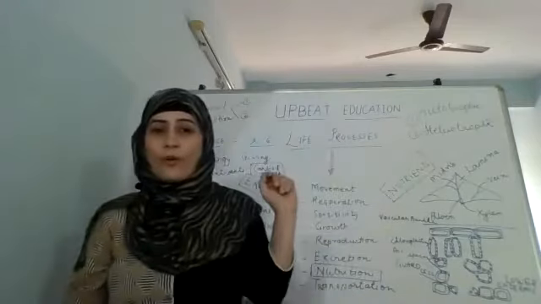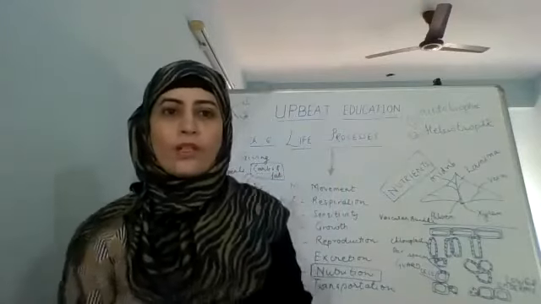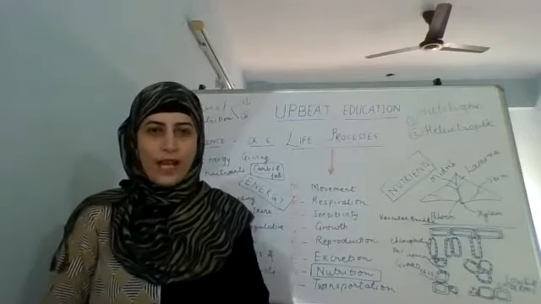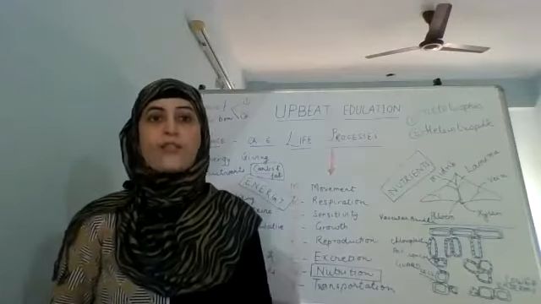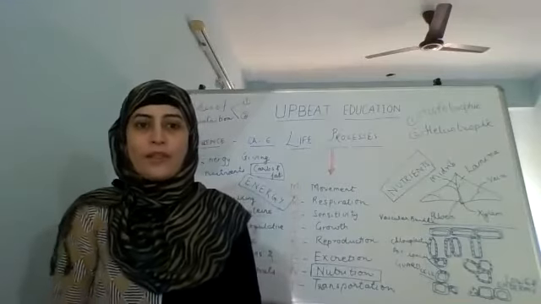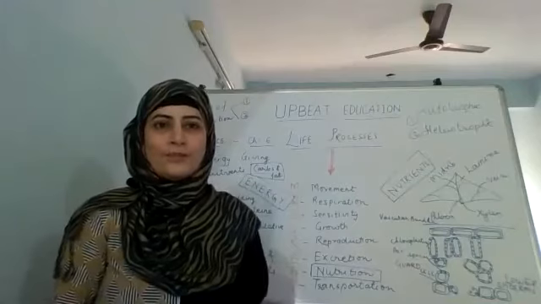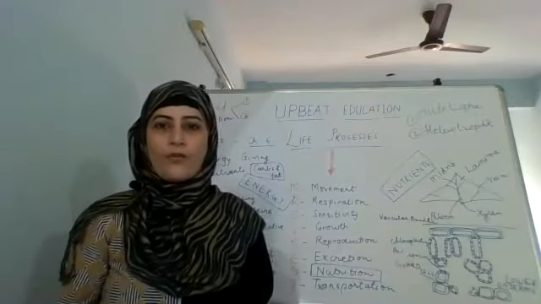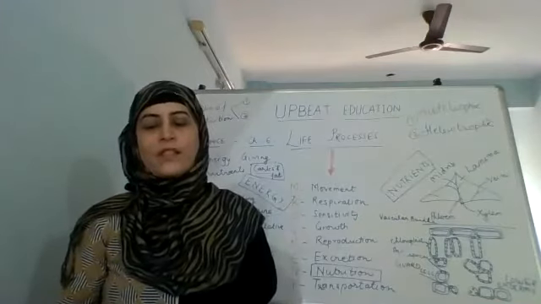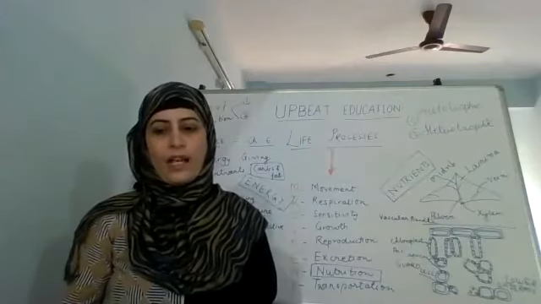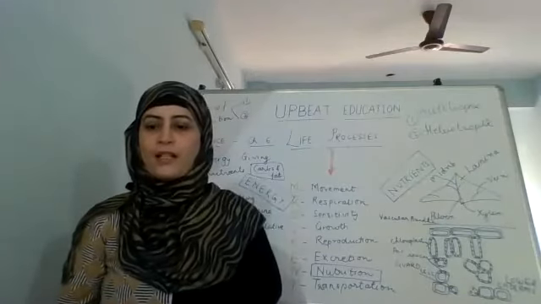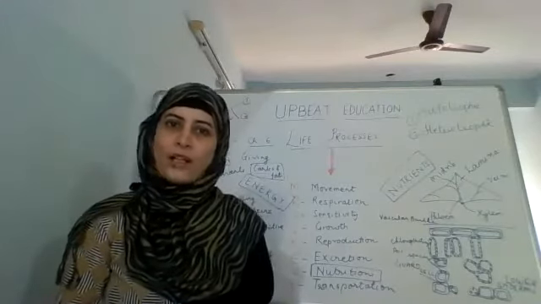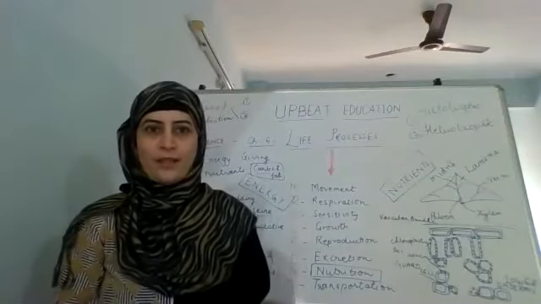What do you mean by autotrophic nutrition? By autotrophic nutrition, you mean that the organisms will make their own food. That is autotrophic nutrition. For example, which organisms make their own food? The plants, right? And the heterotrophic nutrition, wherein the organisms depend on other organisms for their food. They are known as heterotrophic organisms. What is the example? All the other living beings, human beings and animals.